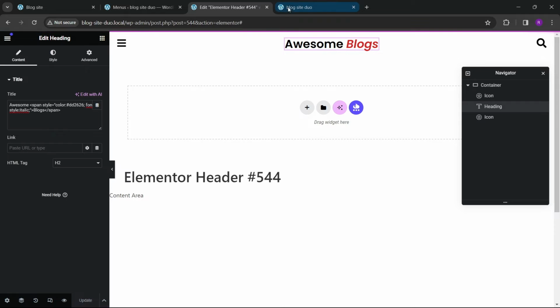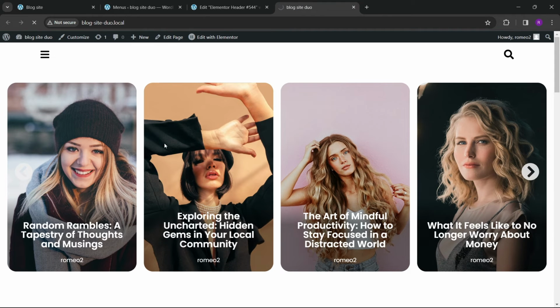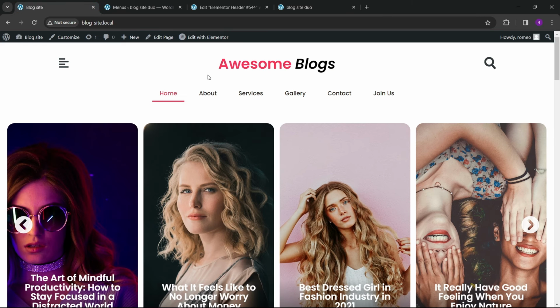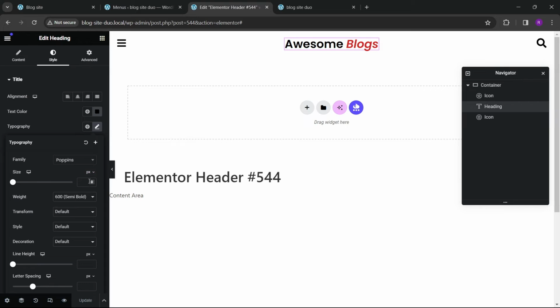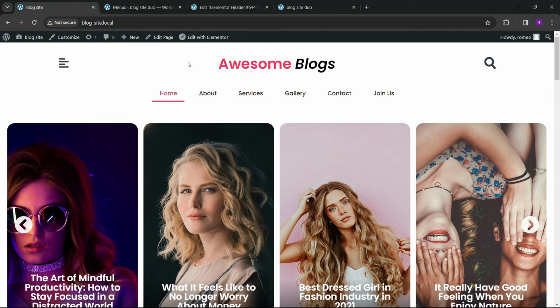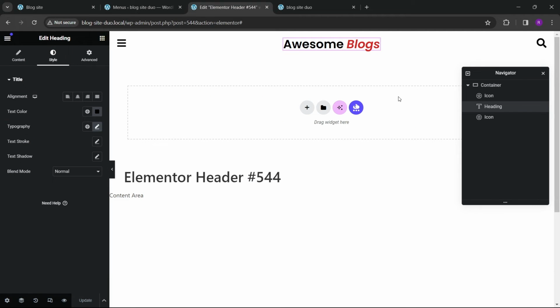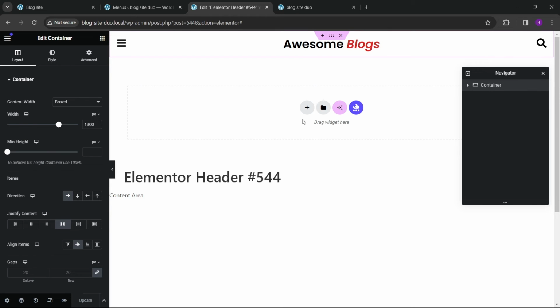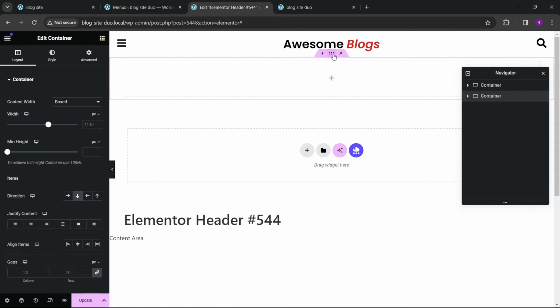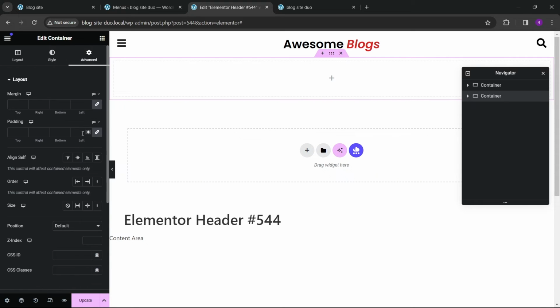Let's update. Let's refresh this. So you can see that is coming here, or you can just increase the font size if you want. Let's increase the font size to this much. Now we have to make this one. So for this we're gonna add a container. No, we have to just make a new container, and inside this let's make this 1300 and remove all the